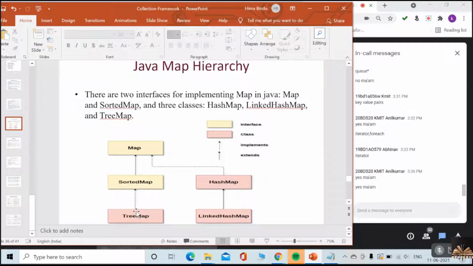And it can even sort user defined objects if you pass the comparable logic. The same thing you can do here. So here TreeMap is the direct subclass of SortedMap. Hope you remember this. Just keep this structure in your mind. Understood now everyone? Yes or no?